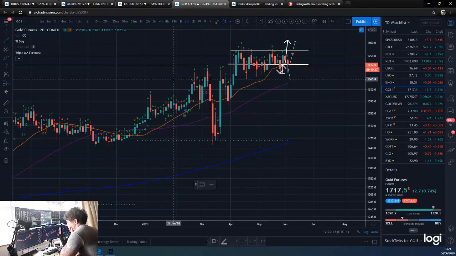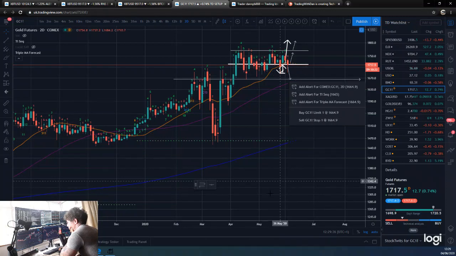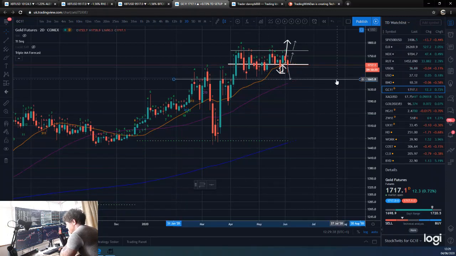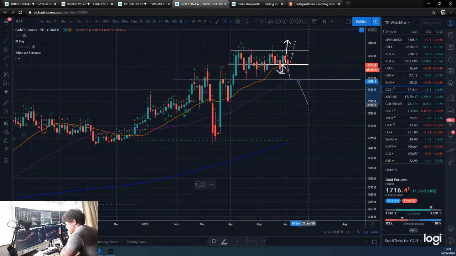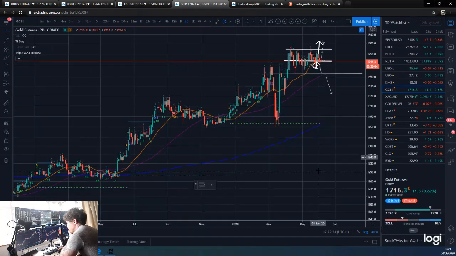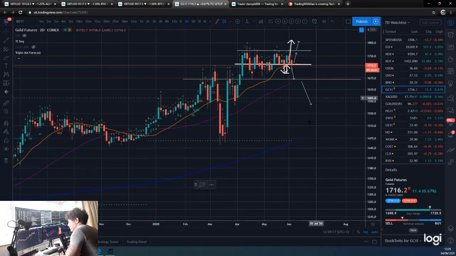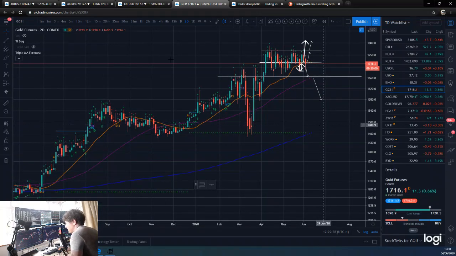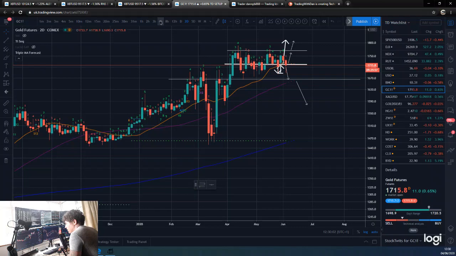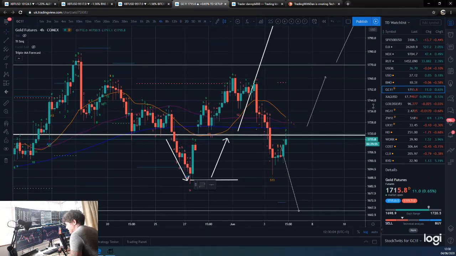I will put this little line in here. This is sort of the line in the sand for a larger time frame, a larger scale move down. And I think if we get below there, it will take us to at least around here, potentially even the 200, but I probably wouldn't expect that. But yeah, there's a larger time frame potential move there in gold. So that was partly why I was thinking, is this it? Is this the start of a potentially bigger correction?